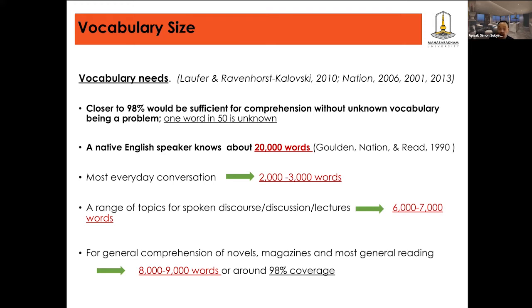So make sure that not many difficult words appear in the text that you bring to your class. Otherwise students may not want to read it because it's too difficult for them. So that's the target of vocabulary necessary for L2 learners to know in order to carry out their communication or